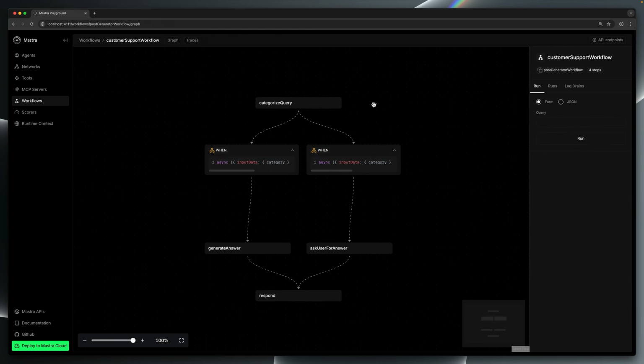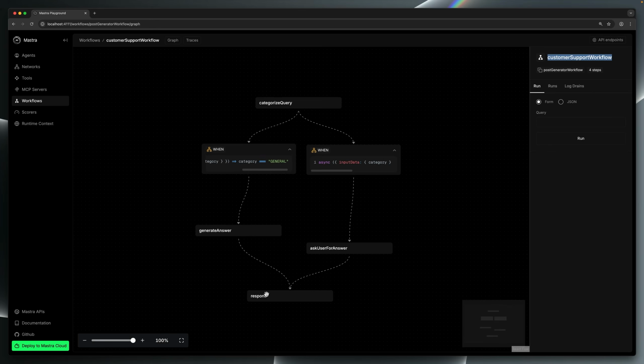Okay, how does this look for more sophisticated? There's definitely more going on, right? But don't worry, I'm going to make it really simple to understand. This is an evolution of the customer support workflow you saw before, but whereas before it would ask the user for approval regardless of what they asked, this updated workflow introduces the idea of branching so that if the incoming query is categorized as a general inquiry, the workflow will generate an answer and respond immediately without the need for